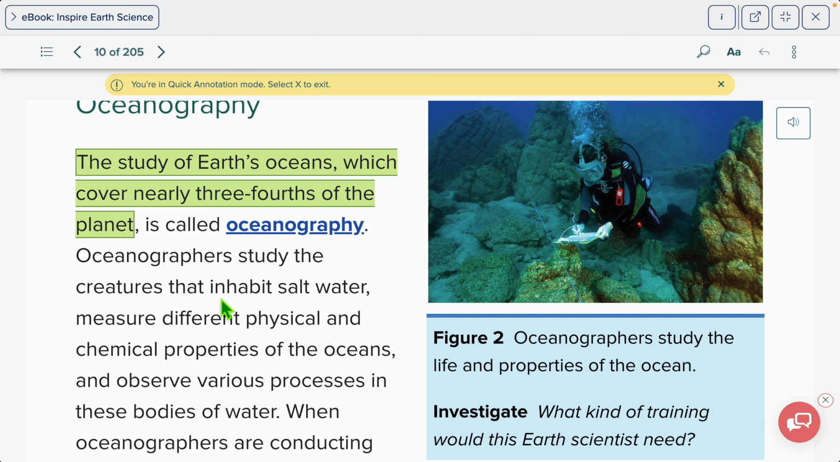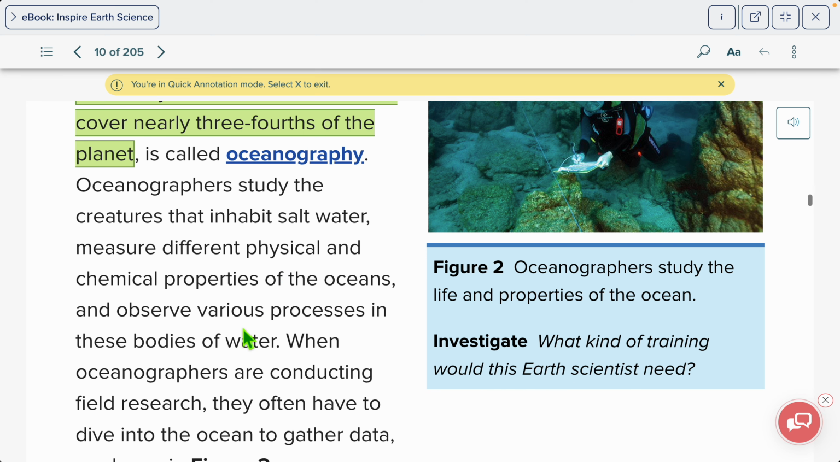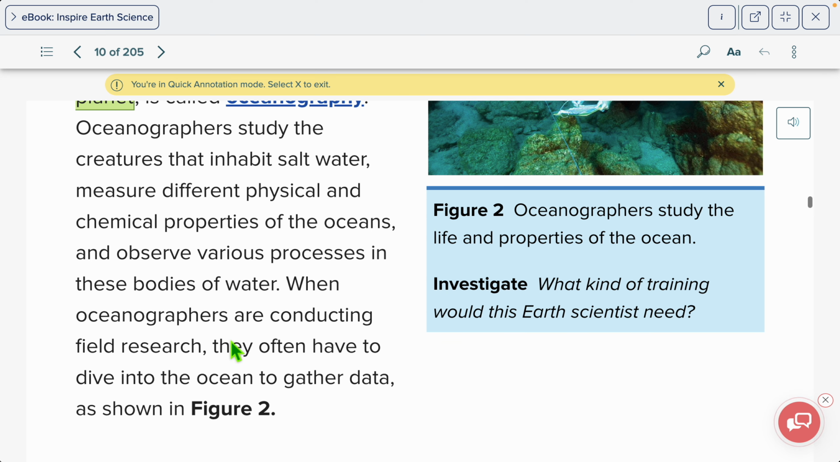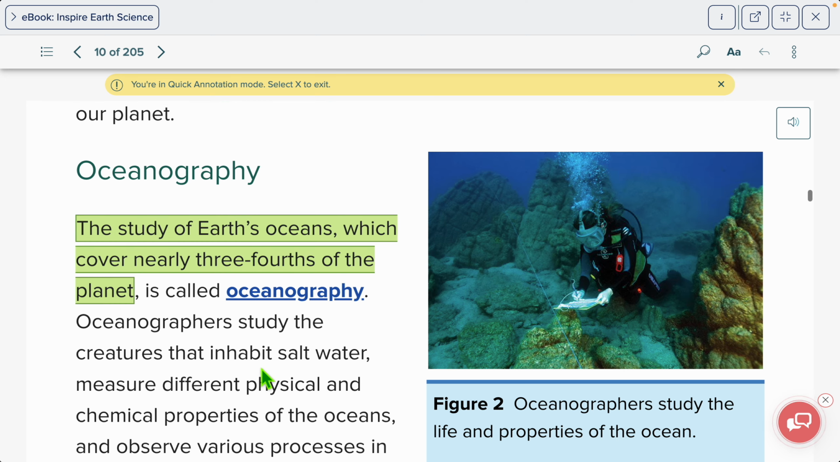Oceanographers study the creatures that inhabit salt water. That's marine biology. They measure different physical and chemical properties of the ocean water and observe various processes in these bodies of water. When oceanographers are conducting field research, they often have to dive into the ocean to gather data as shown in Figure 2. So you may be diving with scuba gear, maybe diving in